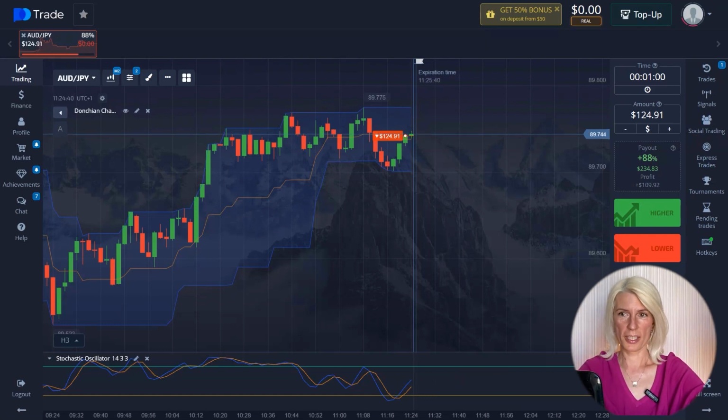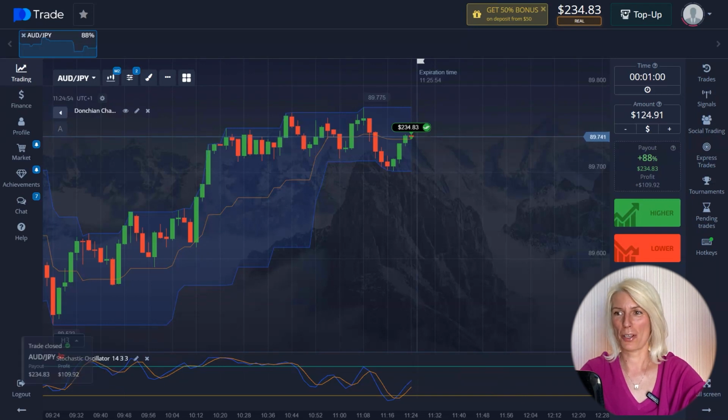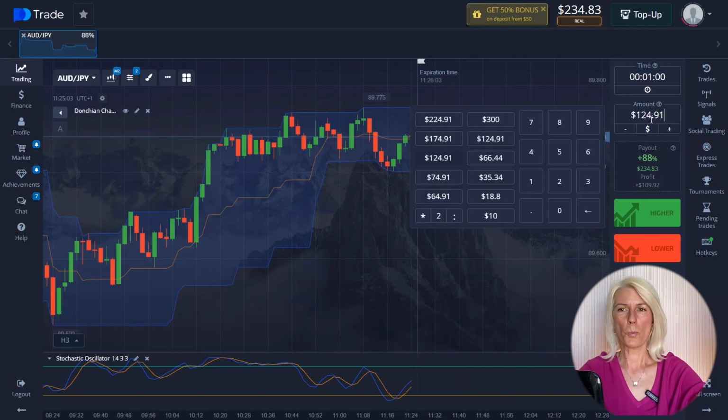And what do we see? The price has actually stopped growing and began active fluctuations up and down, but still, it turns out to be at the level we need. The trade is completed and brings us a $109.92 profit. So, the indicator signal turned out to be false. This, of course, happens and you need to be prepared for that. Meanwhile, I'm increasing the trading amount again. Now it will be